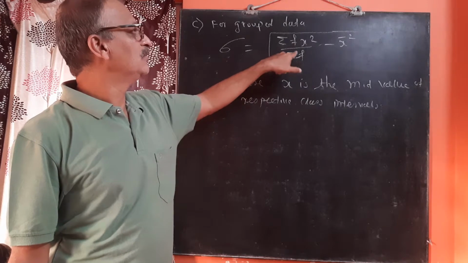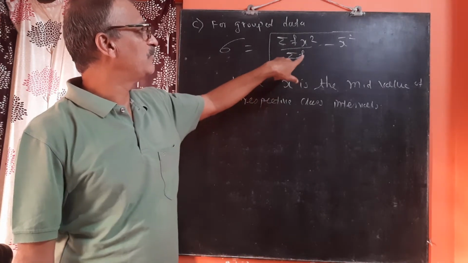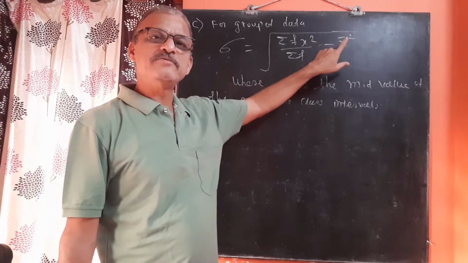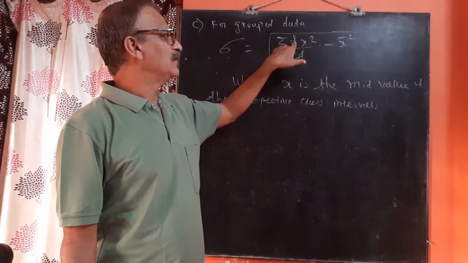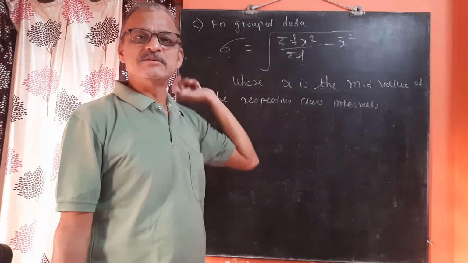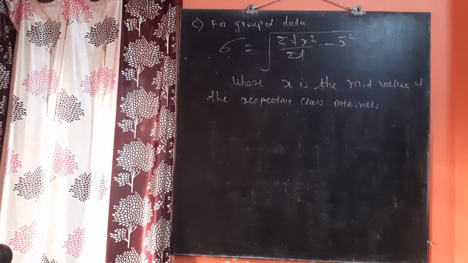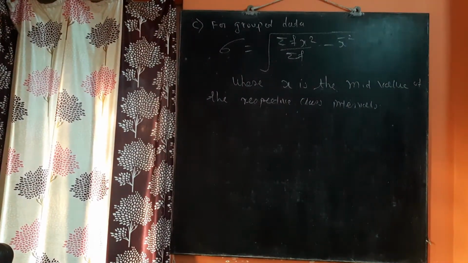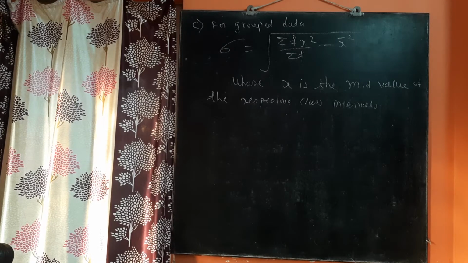So again we have to get first the value of x and then substituting all this, find out x bar. For x bar we require again summation of fx, then x square, then the product of f and x square and its summation. So that is the formula for group type of data to find the standard deviation.